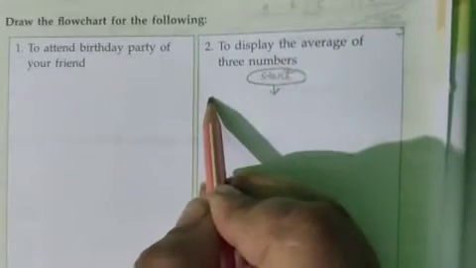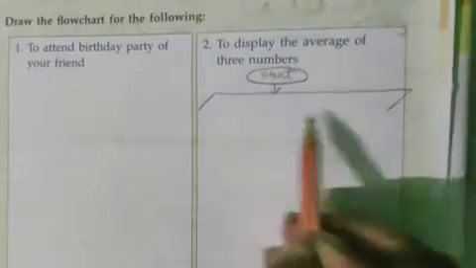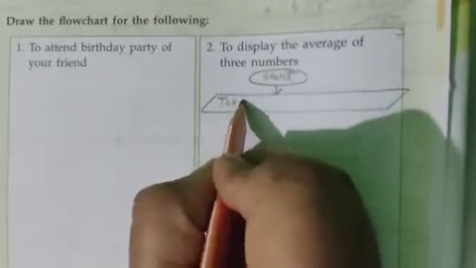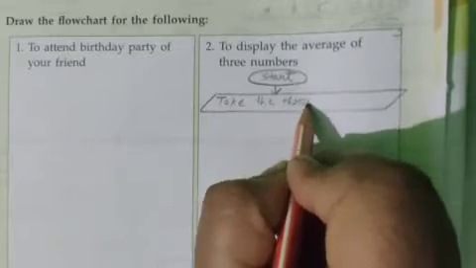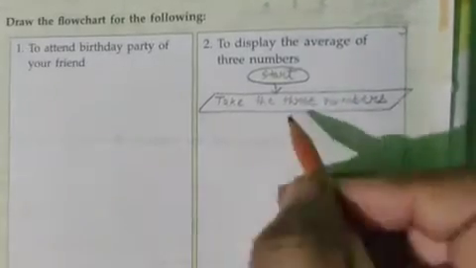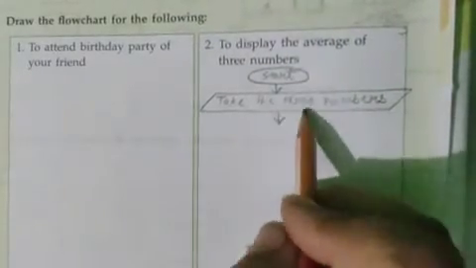So you are taking input, then you have to draw the input output box, and that box is parallelogram in shape. So draw the box like this, and here write down, take the 3 numbers. Okay. Then draw the flow line. Now you have taken the 3 numbers.